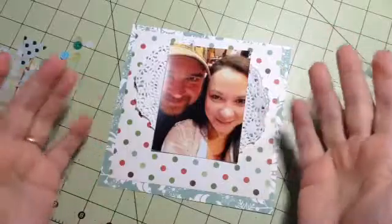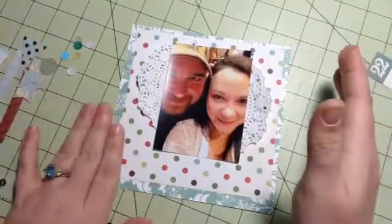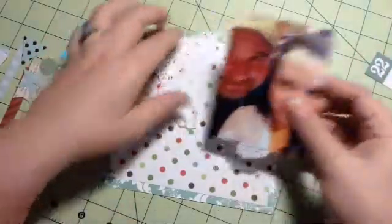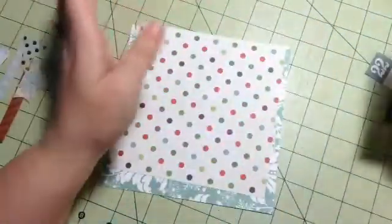So I wanted to incorporate a picture of my husband and I. Even though I already documented for the 22nd, there's going to be quite a few layouts for that day. So I kind of have an idea of what I want to do. It's still going to be up in the air because